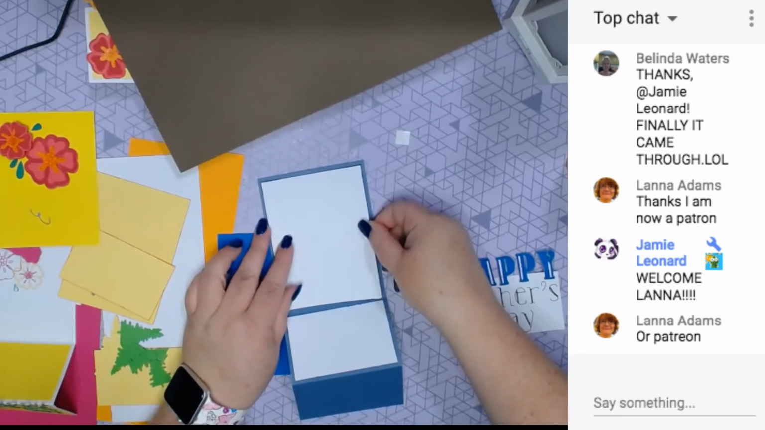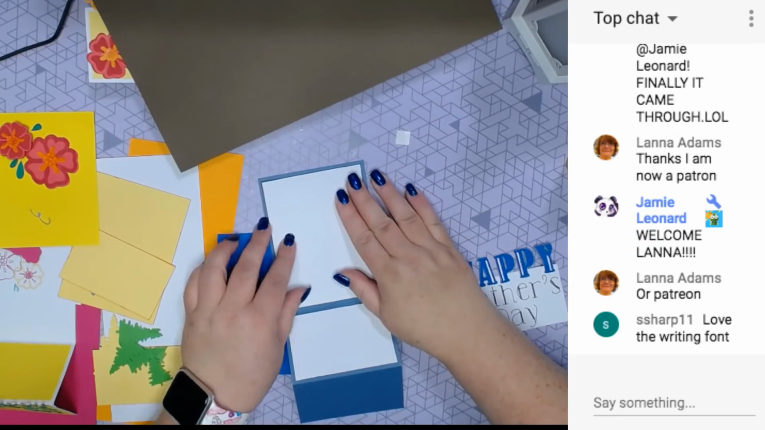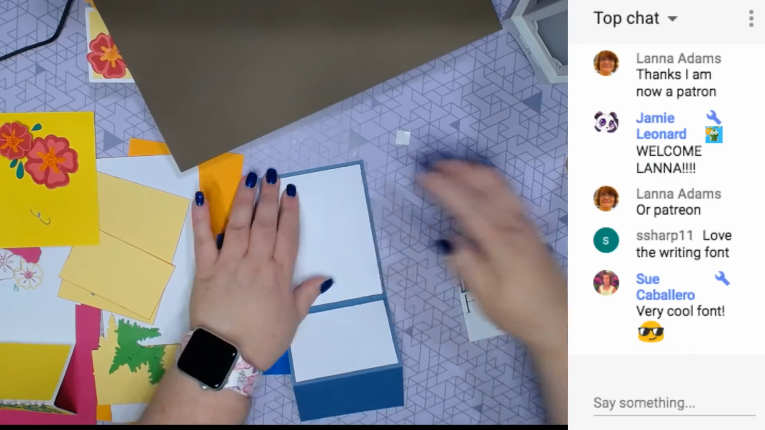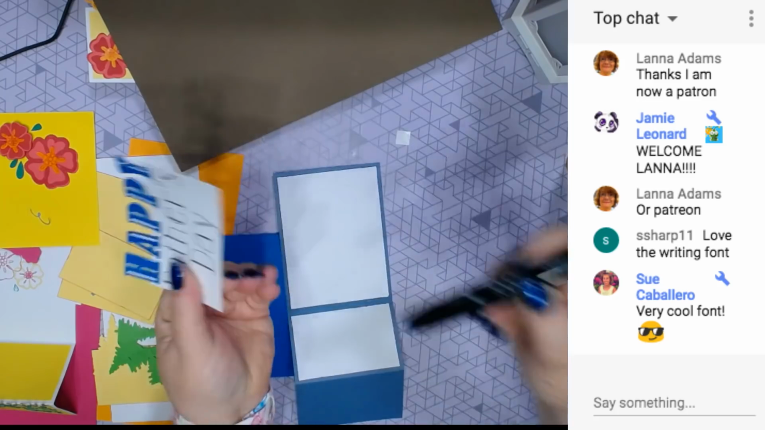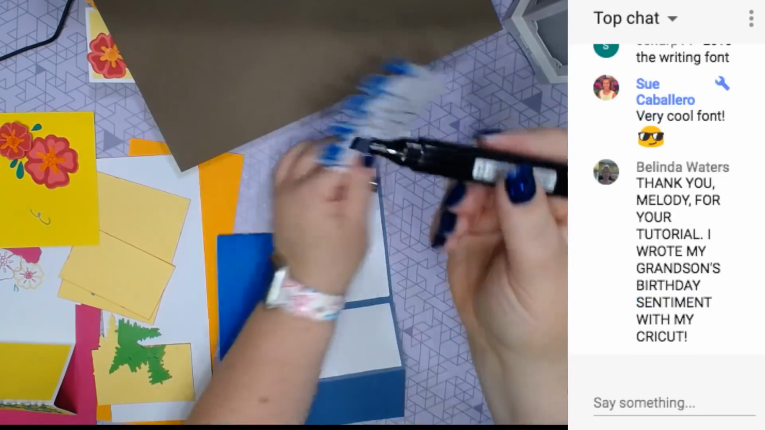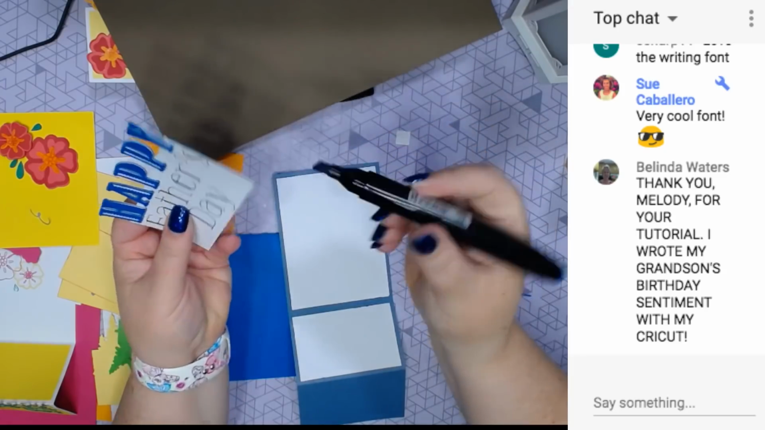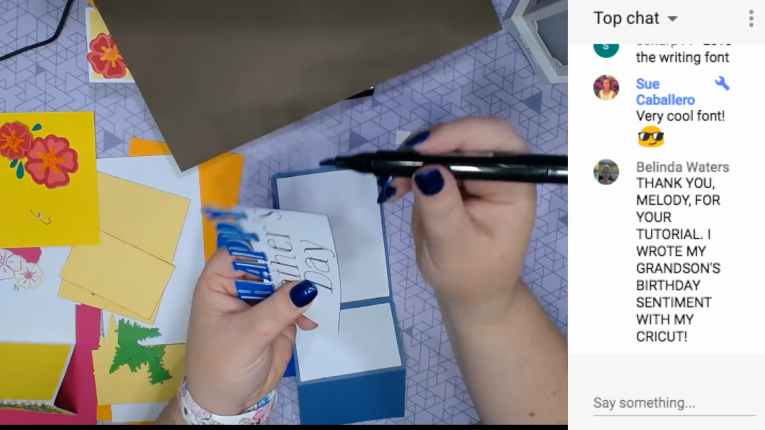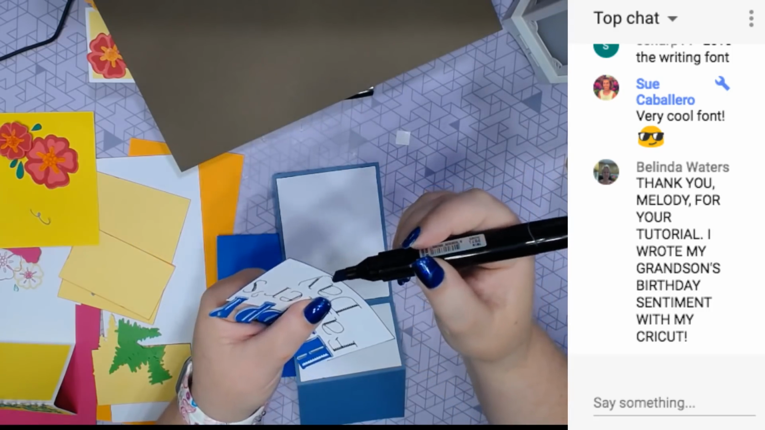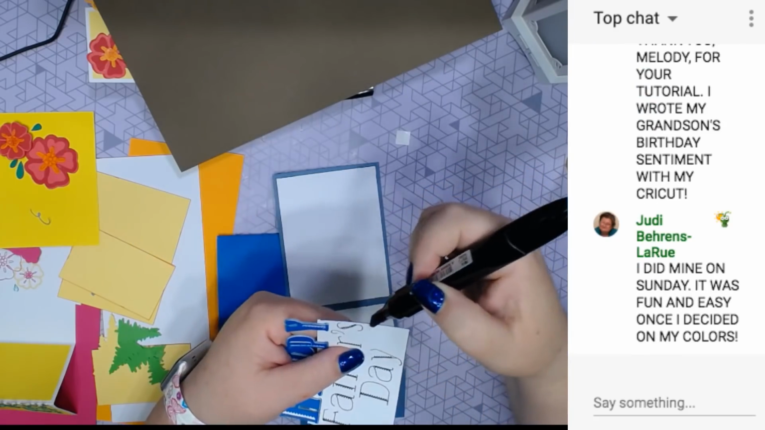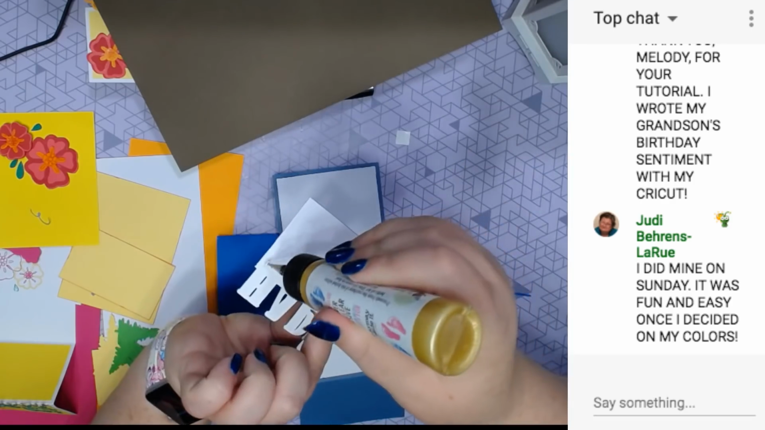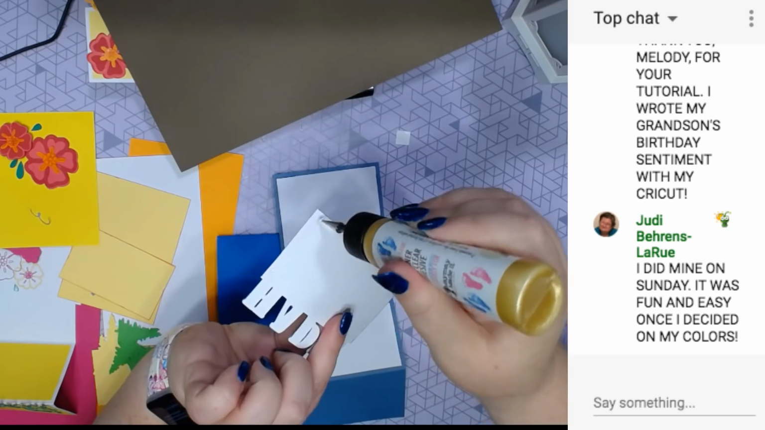So I'm going to put this on here. I'm just eyeballing it so it looks like it's in the center. Now what I did is I just took a marker, not that end, that has a bigger end, and I just went around the edge. It's not something you have to do. It's something that gives it just a little bit of extra, gives it more of a finished look. And then I'm going to glue only,